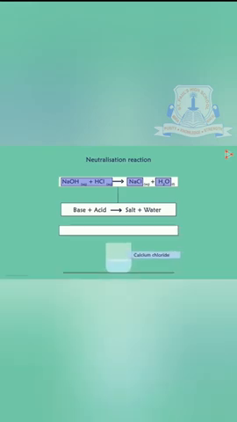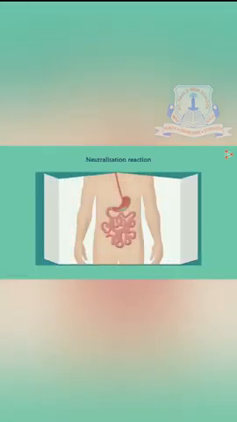Let's see a natural example of a neutralization reaction which occurs in the digestive system. We all know that an acidic medium is produced in our stomach for digestion. That is by the presence of hydrochloric acid. In case hydrochloric acid is present in excess amount, then acidity is felt. So we always take antacids. Can we guess what antacids are? The antacids are nothing else but bases which are neutralizing the acids, that is, the hydrochloric acid in our stomach.